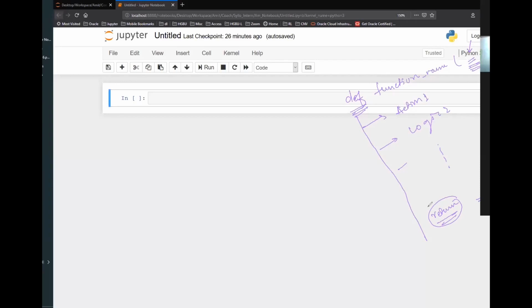Once you have bundled or packaged your code in this function, to invoke this function you will need to call it with all the parameters that you have passed here, so that this function executes and then gives you an output. And that output will be whatever you have mentioned in this return statement. So let me write a simple code to take two numbers and add them, so it will be clear to you.